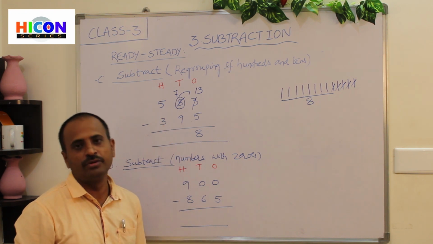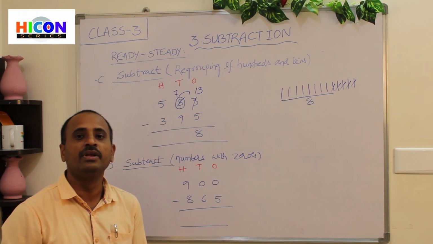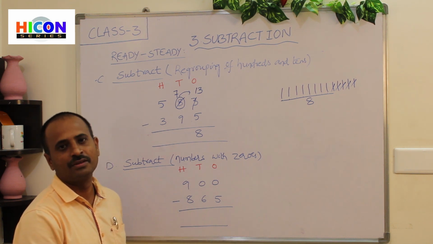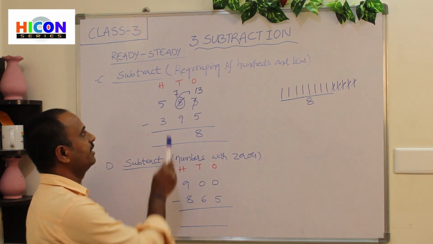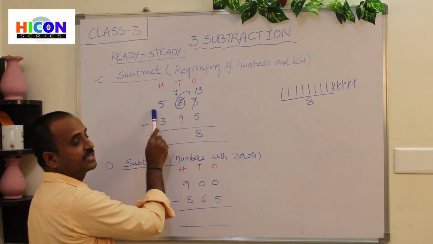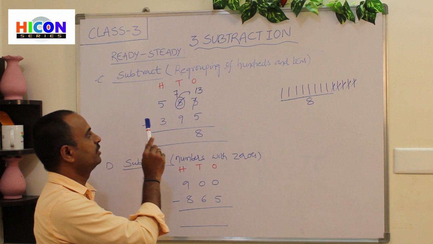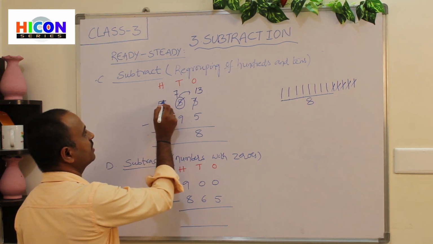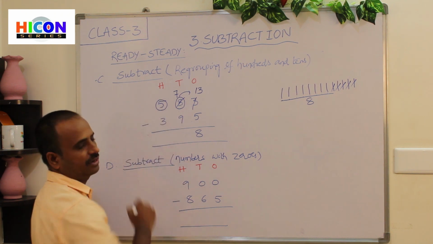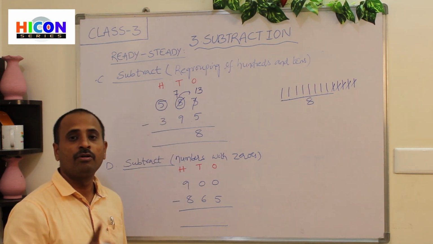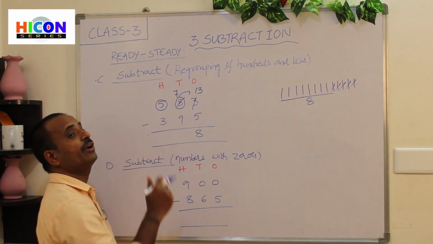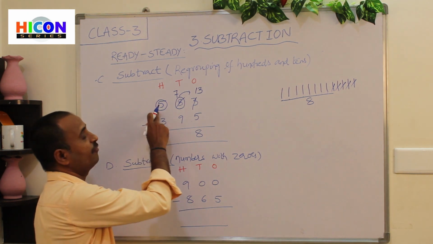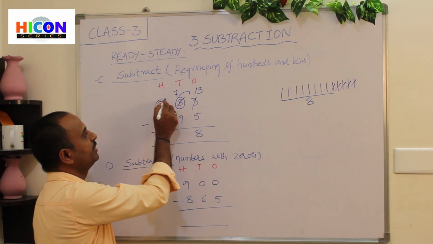So again, what we have to do? If the subtraction is not possible, again we have to get borrow from its next place. So what is its next place? Hundreds place. So what is the digit present in the hundreds place? 5. So get borrow from the hundreds place. So how many hundreds are there? 5 hundreds are there. So get borrow 100 from 5 hundreds. If you get borrow 100 from 5 hundreds, how many hundreds will be left there?